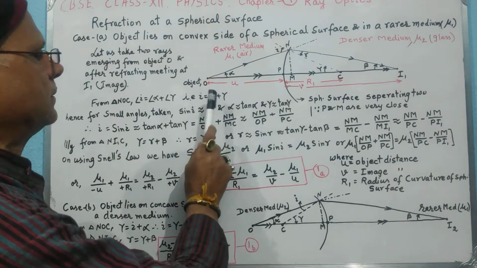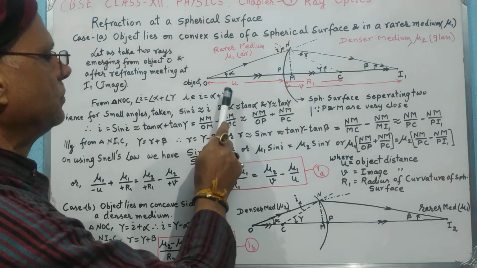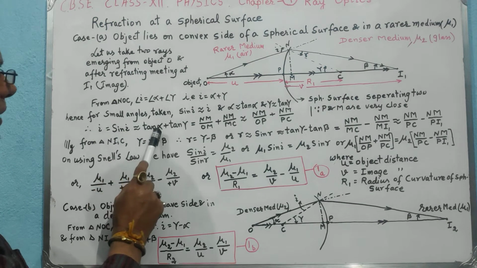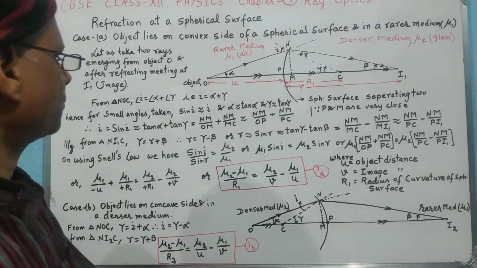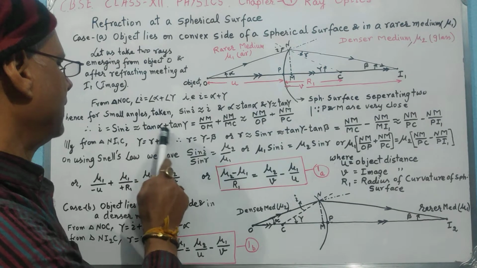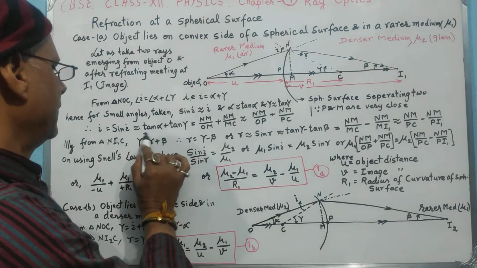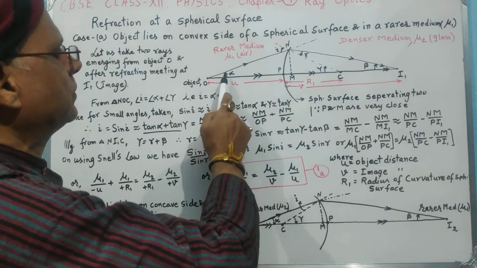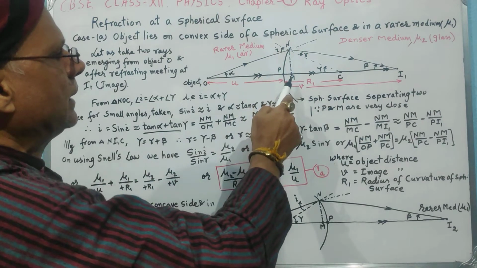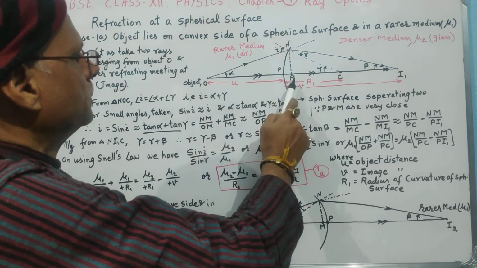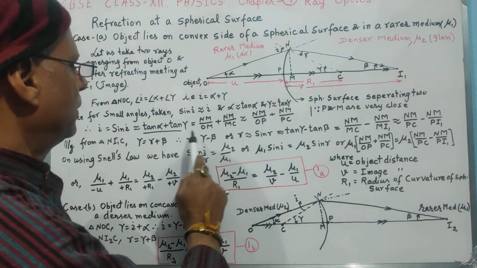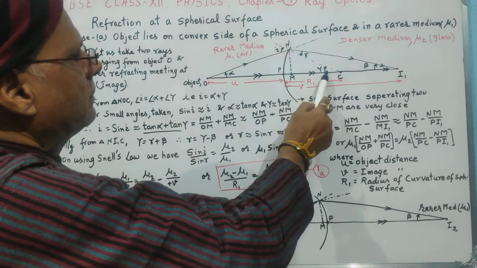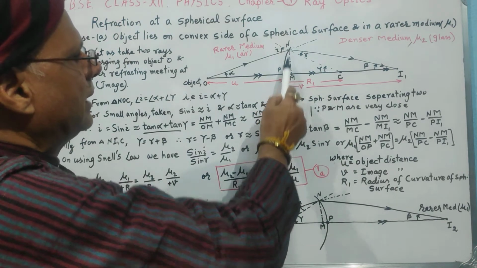So for small angles alpha is nearly equal to tan alpha and gamma is nearly equal to tan gamma, and so we write i is nearly equal to tan alpha plus tan gamma, and we put the values of tan alpha and tan gamma from the figure. Here alpha is this angle, so tan alpha will be the perpendicular, that is NM, divided by OM. So NM divided by OM is tan alpha, and for tan gamma, this is gamma, we have NM divided by